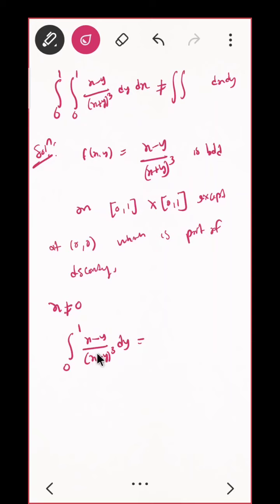Before solving it, we need to simplify it a little bit. See here, x plus y the whole cube is there. So in the numerator, I think I can make it x plus y. Can you see that? If I try to make it x plus y, what will be that? Let us write x plus y and write the extra term. What will be the extra?